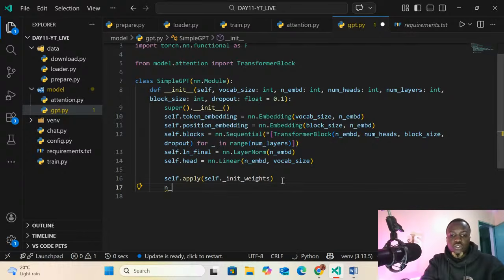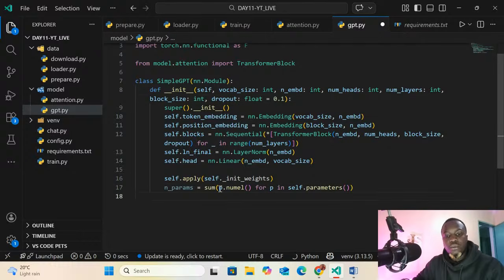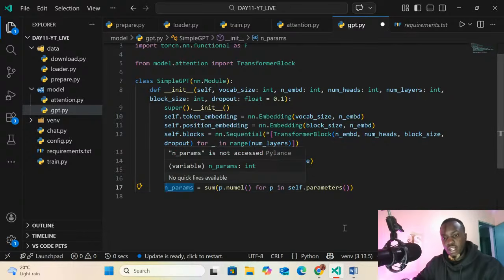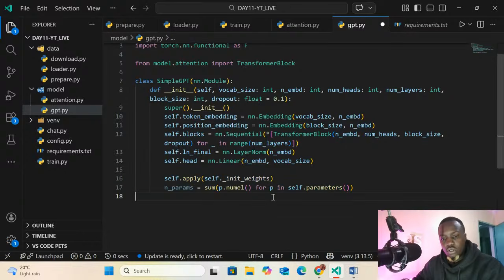So we are going to define the number of parameters, which is very simple. We just calculate the number of parameters that we have. Remember, we are building a parameter model, so that's what we are going to calculate.